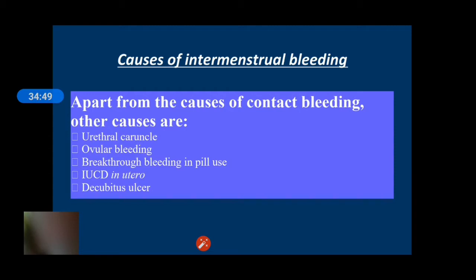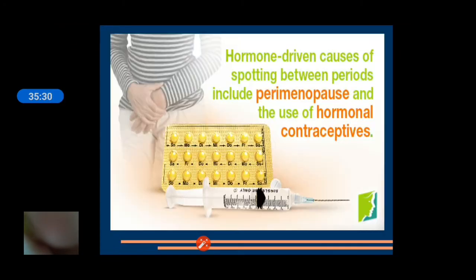So that is intermenstrual bleeding. Anytime it can occur. IUCD in utero, yes. If you have inserted a copper T to a patient, then she complains of intermenstrual bleeding, some spotting in between the cycles. So that is to be considered intermenstrual bleeding. One of the causes of intermenstrual bleeding is IUCD in utero. So you have to take a proper history of the patient. Contraceptive history indicates whether any device is inserted for contraceptive benefit or not. Then decubitus ulcer, usually seen in cases of prolapsed uterus. This ulcer can also bleed in between the cycles. So these are all the causes of intermenstrual bleeding.